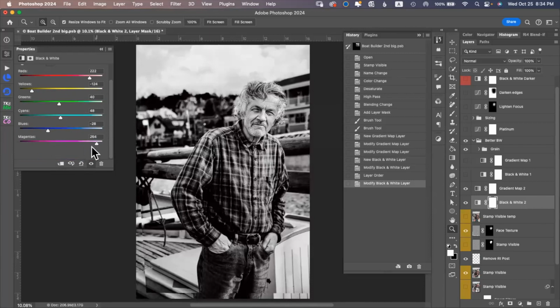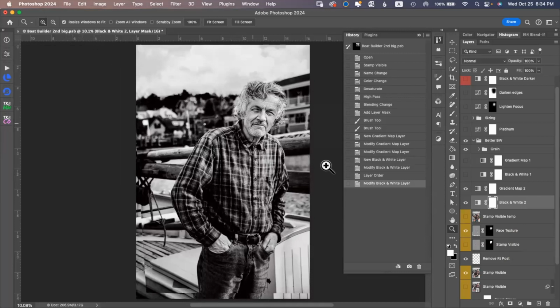Oh, it does. Look at his shirt. See the corner of the shirt? So I can decide what I want that to look like. So now I've done a black and white. And the other thing that oftentimes will work when you're doing a black and white image is to add a